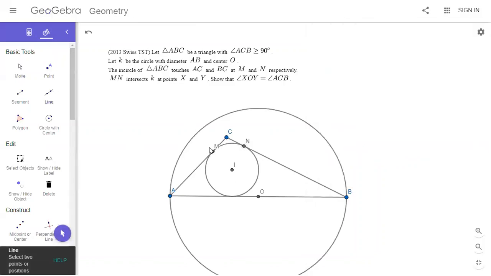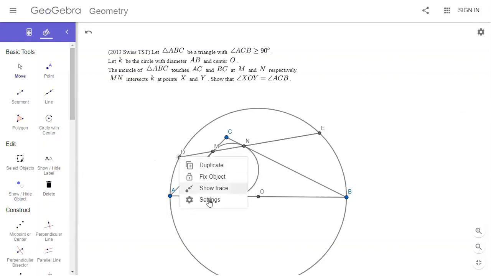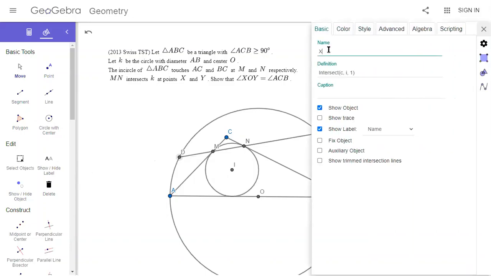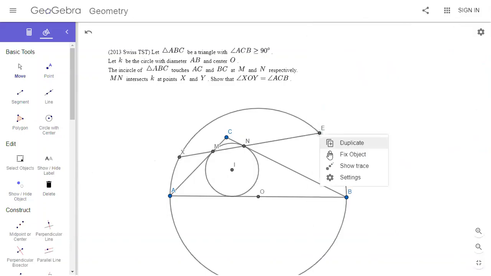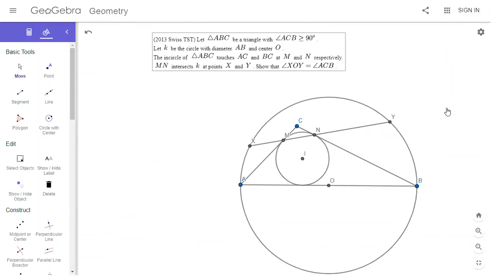MN intersects the circle at X and Y. And we want to show angle XOY is equal to angle ACB. Okay. It seems simple, but